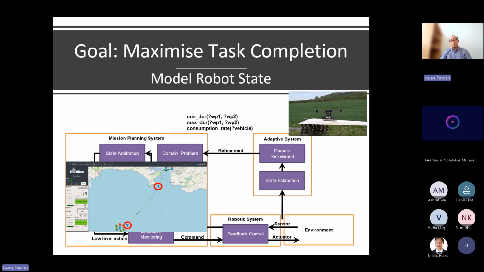So this kind of information needs to be updated from time to time. You can ask experts or computer scientists to modify the domain, but that's not fun. So how about we use the capability of the drone itself to monitor and collect data, to have an adaptive system that can update this automatically.